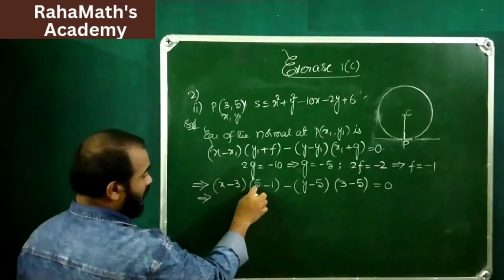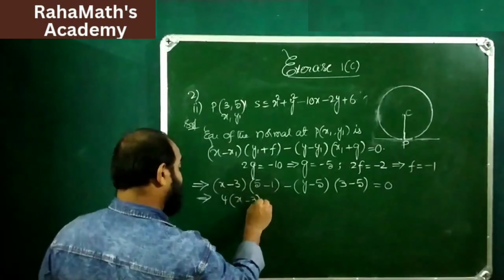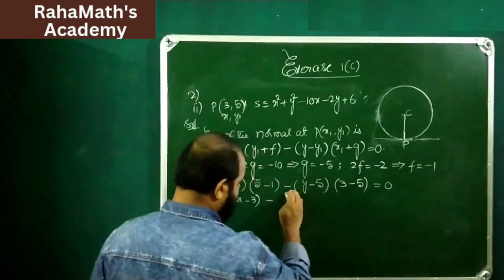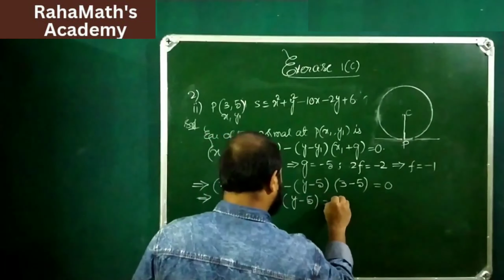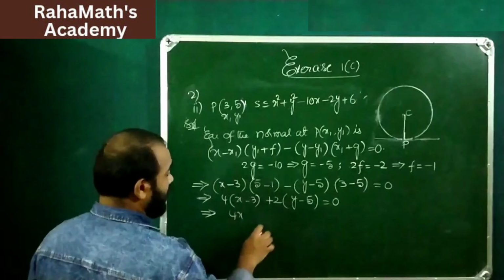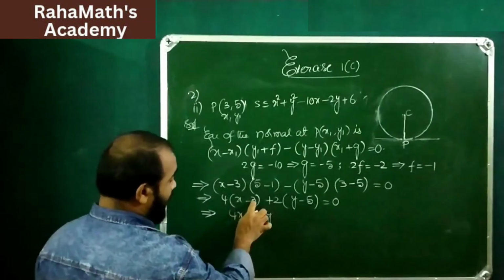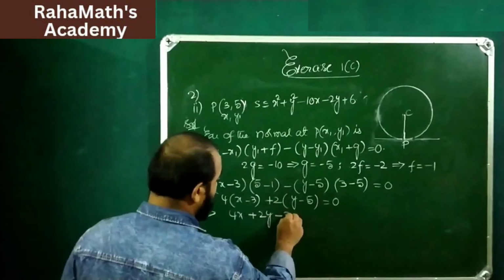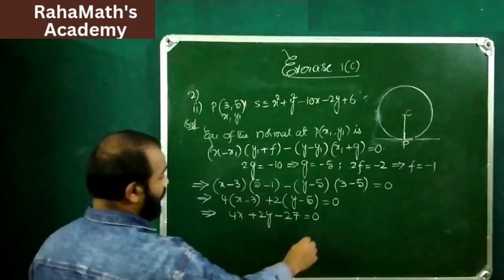So 5 minus 1 is 4 into x minus 3, minus 3 minus 5 is minus 2, minus of minus is plus 2 into y minus 5 equals 0, implies 4x plus 2y, 4 3s are minus 12, 2 5s are minus 15, so minus 27 equals 0